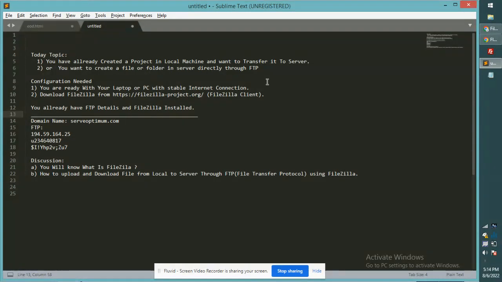If you want to work on the server, you need to go to the cPanel. You don't need the FileZilla server for FTP. I hope you can understand. Then thirdly, we are going to